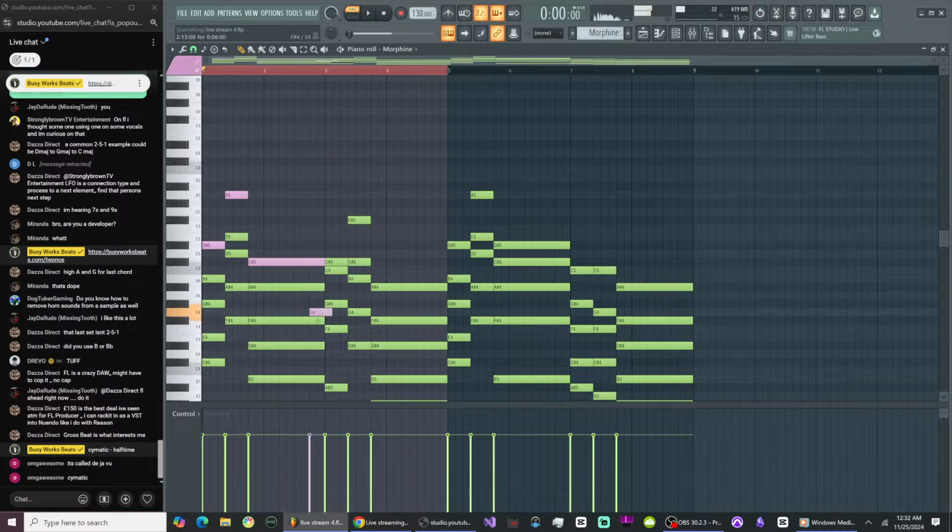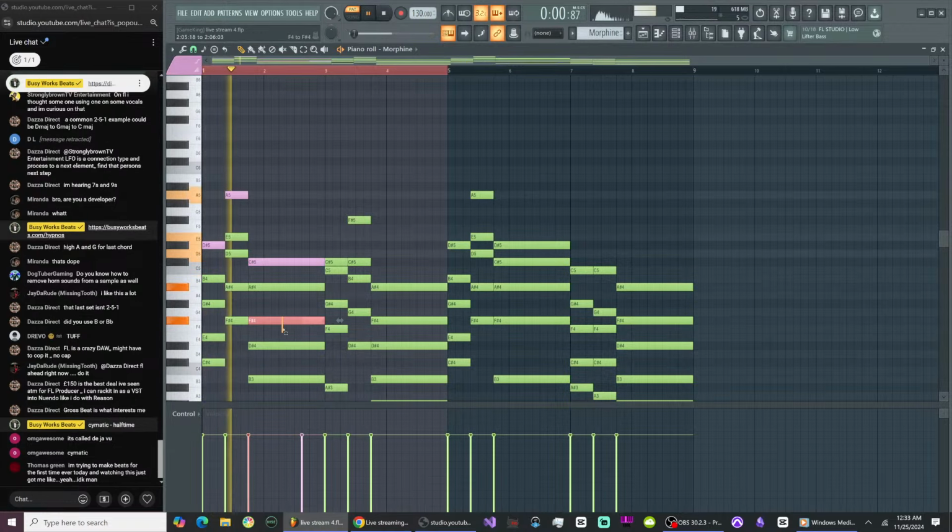Let's add a slide note. Now, my usual slide destination is 7 notes below whatever the target note is. So 1, 2, 3, 4, 5, 6, 7. Let's double click on this and then add a slide note. So now this note will slide to that note because they're in the same MIDI channel. And that adds a little touch to the chords.